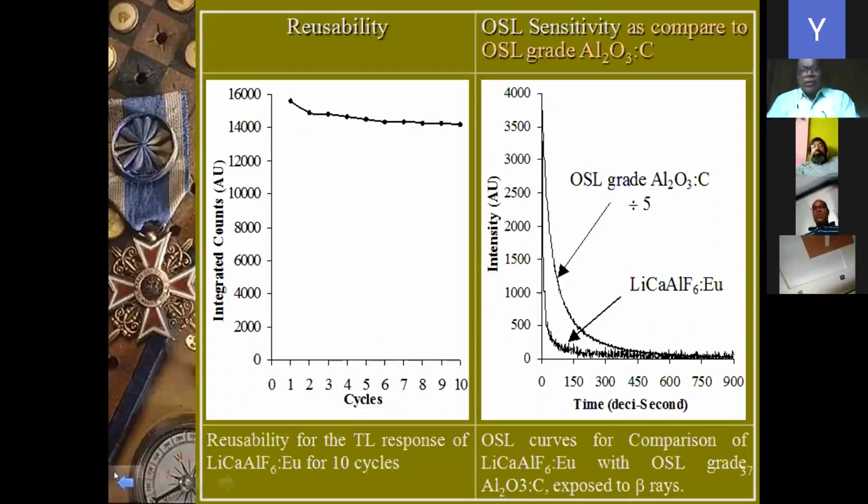LiCaF6 for 10 cycles. The same sample which is being made at the low temperature. The same treatment is given. Same sample is being used 10 times. This is the first one, this is the 10th reuse. So reusability is also being tested, which is also being tested against OSL grade Al2O3. LiCaF6:Eu is having lower intensity than Al2O3:C, and